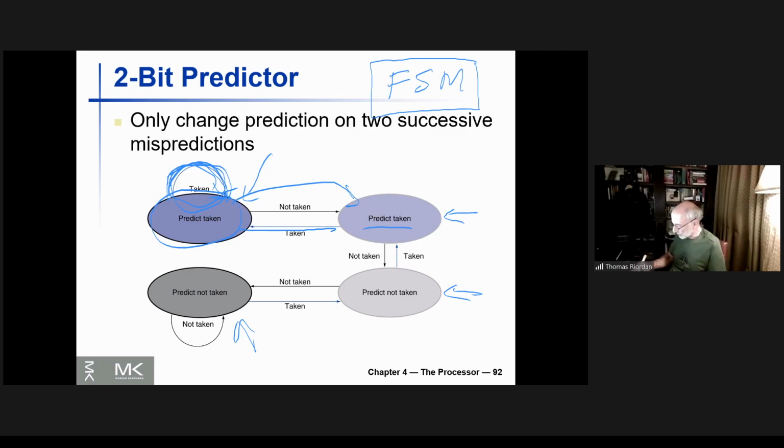And so if we only fall out one time, we'll still say predict taken. So the next time we come in, we've got this one level of hysteresis that will cause us to not mispredict the next time we go into that inner loop. But if we miss twice, if it's not that kind of a construct and we miss again, we'll then go to here. And now we'll be in the not taken state, and you can saturate over here in not taken as well. So this is completely symmetric, and it solves